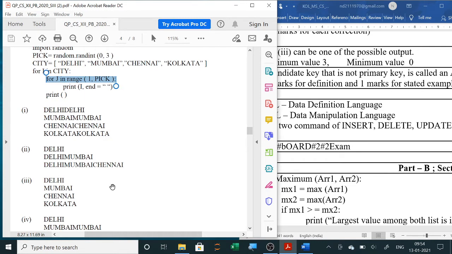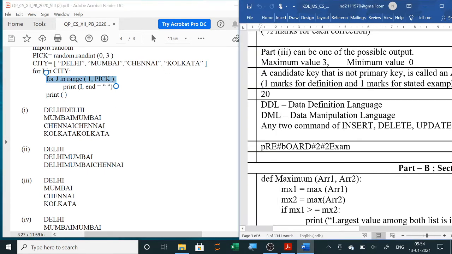The third one is correct because in for we know it is executed one before the last value, the end value. So if pick is 3, then 1, 2, so only it can print, yes, twice also it can print. If it is 3, with pick 0, 1, 2, 3. So 1 and 3 both should be correct answers.